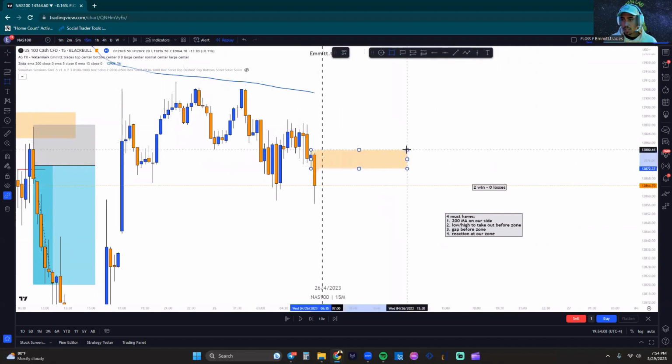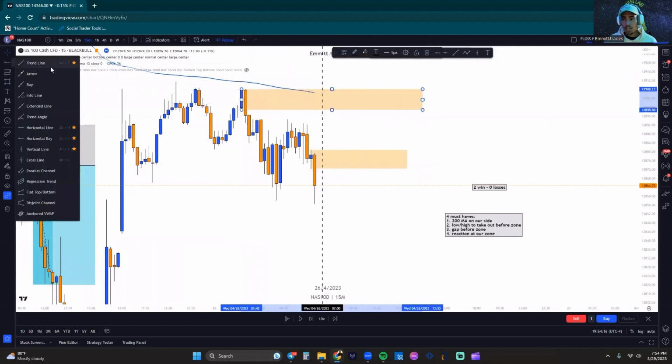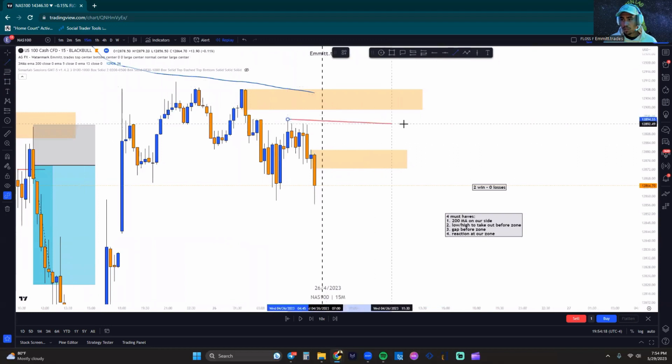So we got the supply sitting right here. We have supply sitting way up here. Why are these valid supplies? This guy up here is very valid because there's a high to take out before hitting it. But also this one down below is valid because there's a gap that needs to be filled before coming up to it. We're just waiting for a high to form to take out. Could be a little diagram here before entering our zone, and then we could participate in those sales.